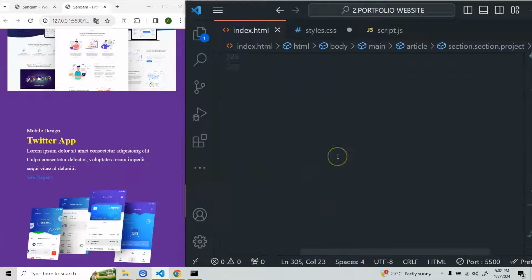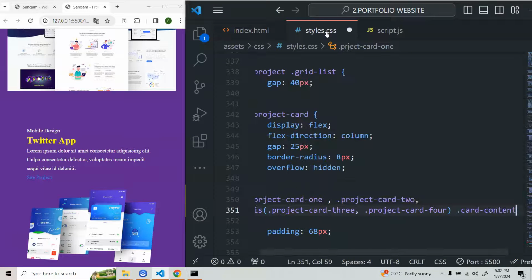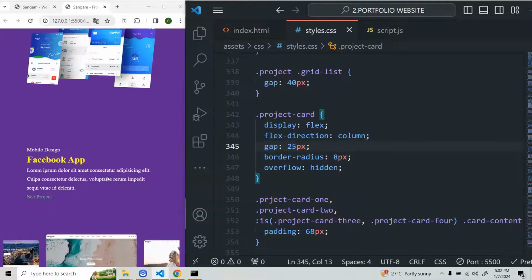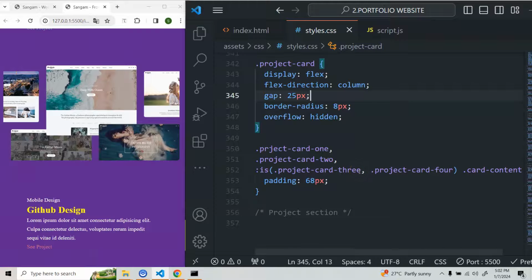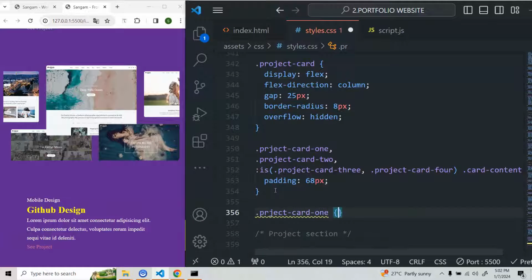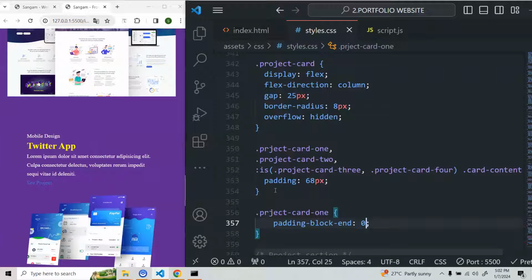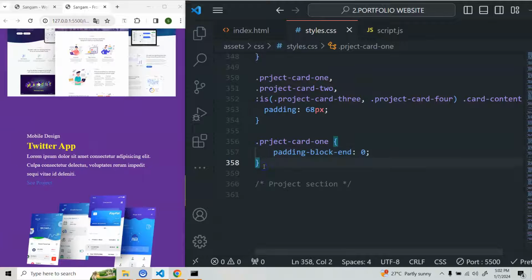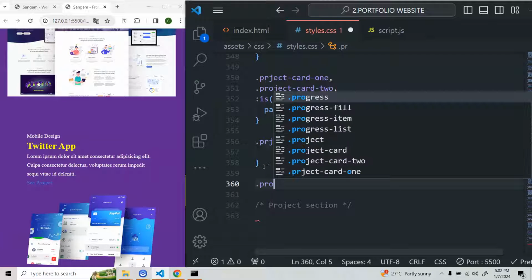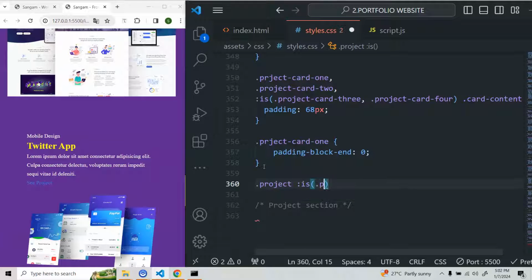here if you go you can see that we are having the card content, this one. Alright, so we'll do dot card content, and for this one also you are going to use the same. Alright, now next what else we are having for the first one. So we'll do project card 1, we'll do padding block end as 0. Alright, and for project 3 and 4, so we'll do dot project, and here again we are going to use this ease, and here we'll do dot project